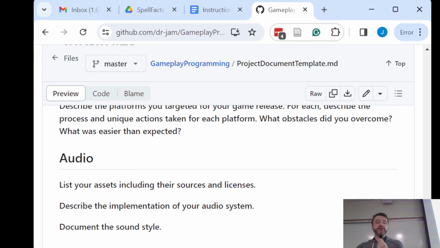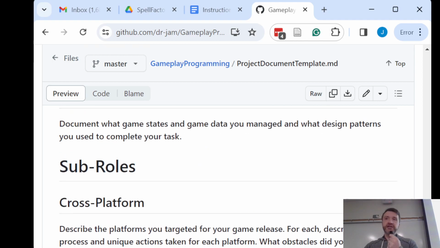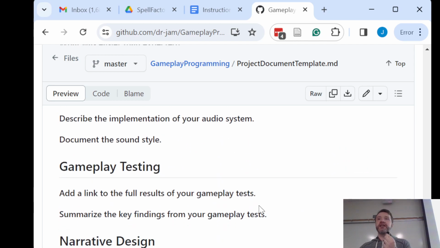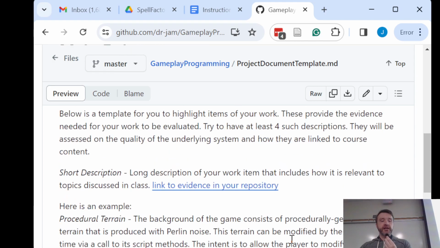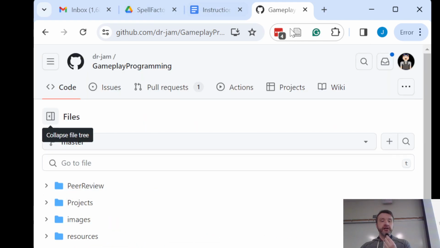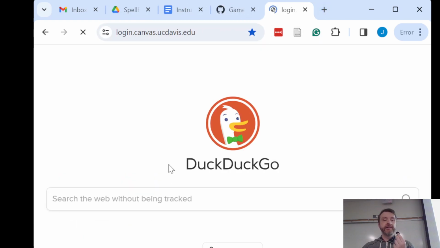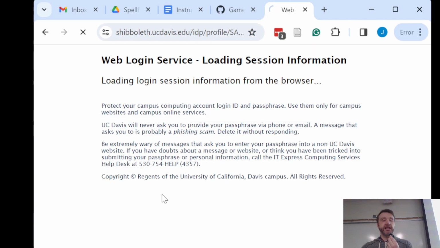So these are a standard set of roles. We encourage you to use them, but if your game design doesn't really fit this very well, you can customize your own. They have to be part of the proposal, and you have to tell us what the design is, what the criteria for success are, and how you think you should be assessed for that role. So you have a little extra work to do if you want to customize your roles. That's one thing we're looking for. Going to Canvas